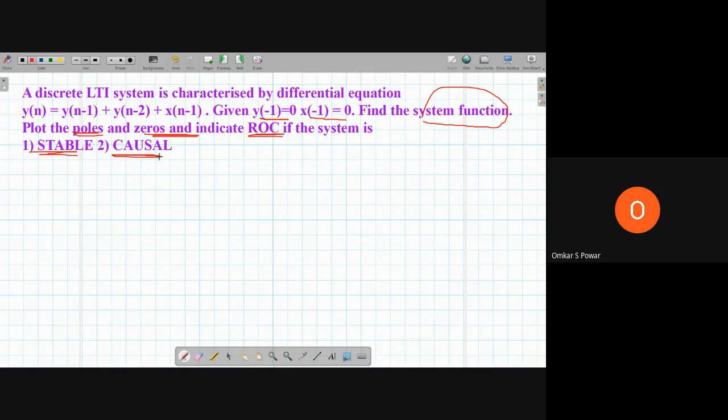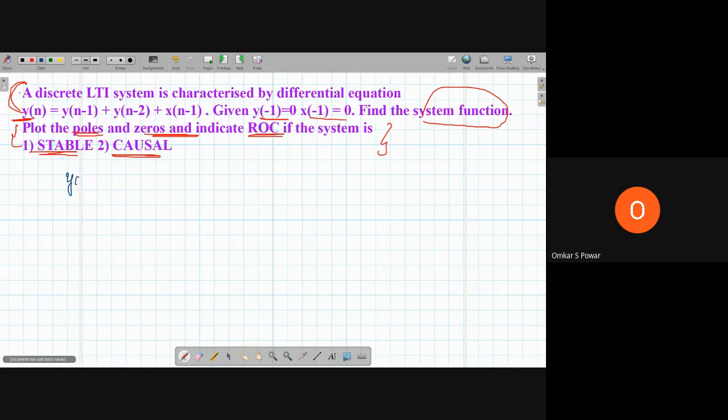If you see the question, I have clubbed two things. The first thing, what we have solved today, that is y of n minus y of n minus 1 minus y of n minus 2 is equal to x of n minus 1. So this one we can solve easily using today's technique. For the system to be stable and causal, after we get the partial fraction, we have to write the condition for stability and causality. Go back to the properties of the z transform, where we discussed stability and causality. That one you have to apply there. I'll just give you an idea of how to solve this so that you can go about it.